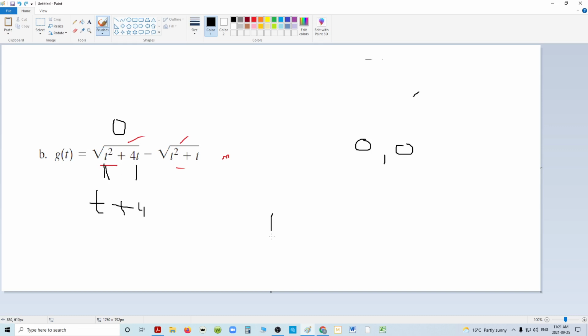So t squared is equal to -4t. Divide t on both sides. t is equal to -4. So t cannot be between -4 and 0. I don't think we have an existence, because when this is -3, you get 9, -12. Only when we hit -4 do you go back to 0. So now there's another point, -4, 0,